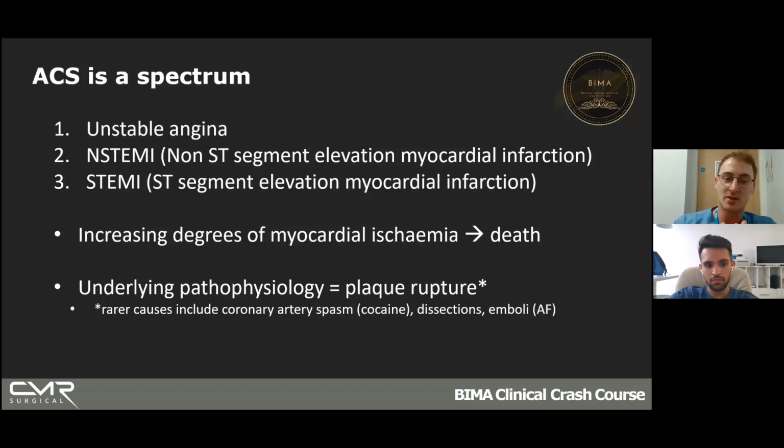So we mentioned at the start that most of the time the pathology is a plaque rupture, but sometimes, most of the time in younger people, there can be other rarer causes. So commonly what we see on the ward is young blokes who have been taking lots of coke, and that causes your coronary arteries to spasm. And it's the same effect of a plaque rupture, basically. Your heart can't get any blood, and the cells die. So that's why you can have a normal coronary angiogram but still have ACS.